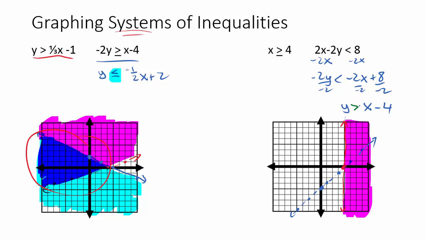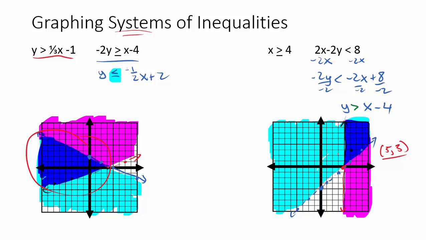And this line, since it's greater than, once we flip the sign, we need to shade above this line. So I'm going to shade the upper half here of this line. And you'll notice that this, again, this dark blue area is going to be where the graphs overlap. So our final answer is that dark blue area where the shading is overlapping, meaning that points in this area will make both inequalities true. So for example, one solution to this system, we could do the point 1, 2, 3, 4, 5, and 3. So the ordered pair, 5, 3, would solve this system of inequalities